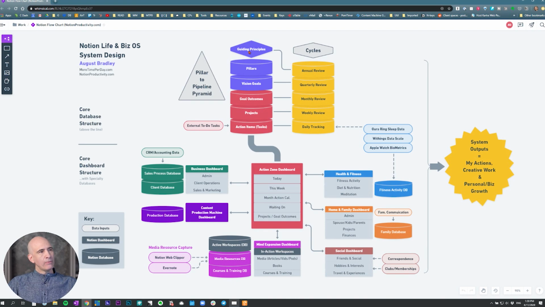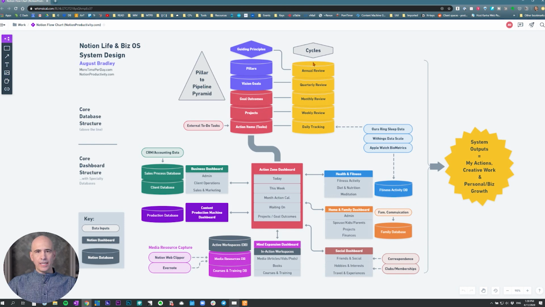And above that, we have this diamond, which is the guiding principles. These are the values and identity elements of who you are and who you want to be. Again, we're going to get into all of this very soon when we look at the alignment dashboard. I'm thinking we'll probably do an introduction to the alignment dashboard this week as well. That's going to be a super important one. We'll also be talking about that in the Notion office hours.